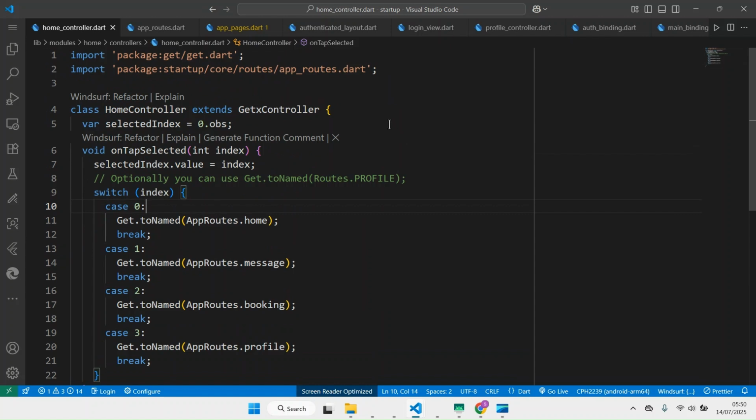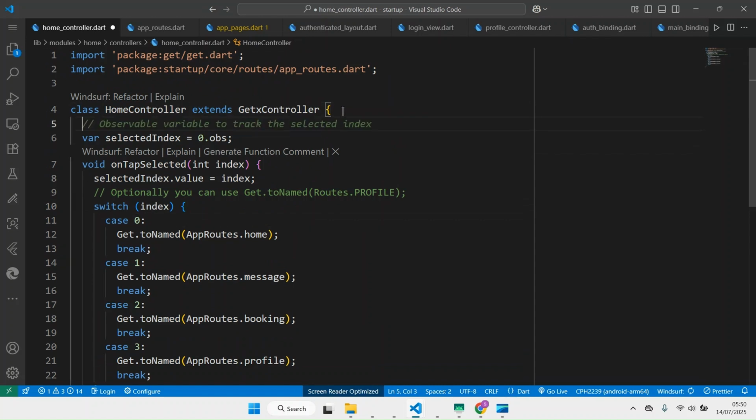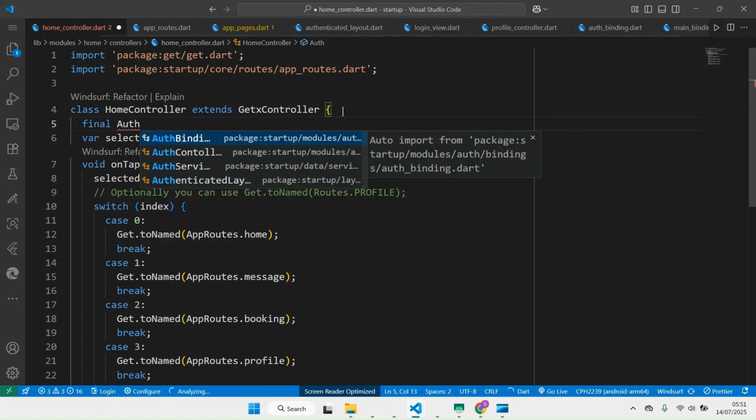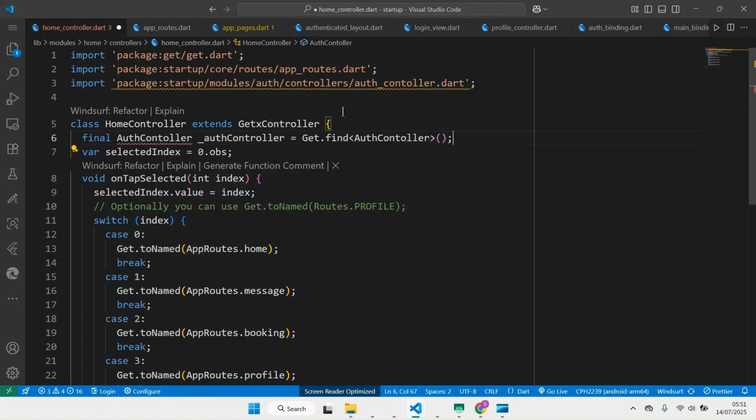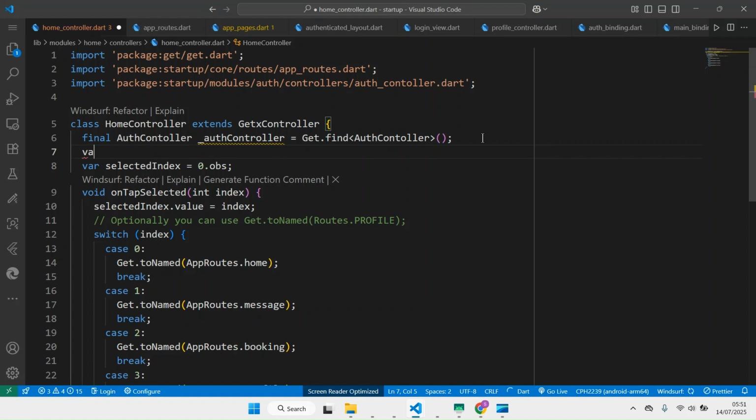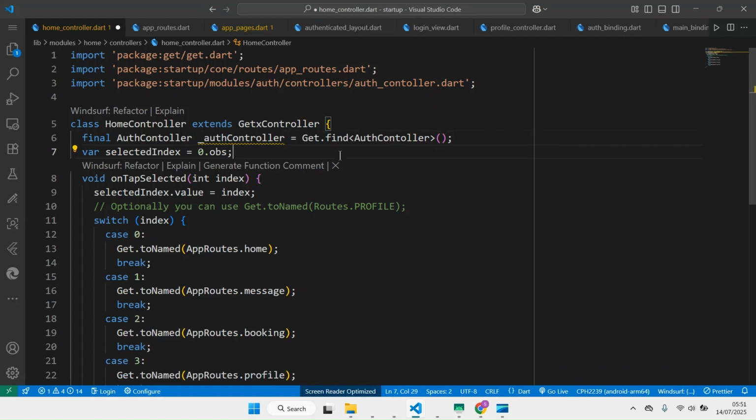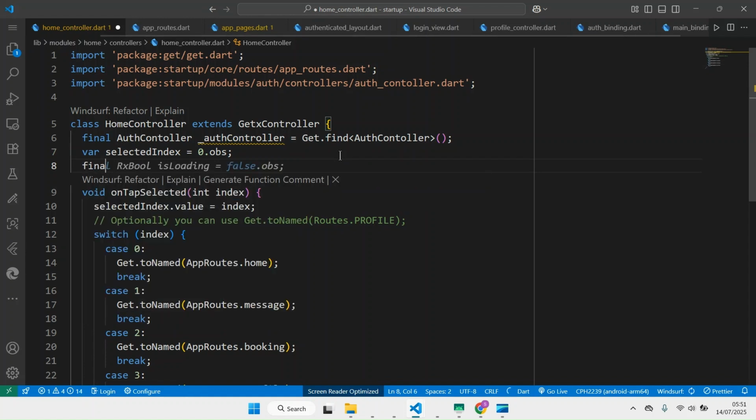But let's just complete a couple of things in here first. In here, we want to get the auth controller. We can do final auth controller. Remember, I told you we can reuse auth controller all over, and anytime you want to get the data, you can do Get.find the auth controller. So you can also do var selectedIndex. Actually we have it, but we can maybe just create final, let's say